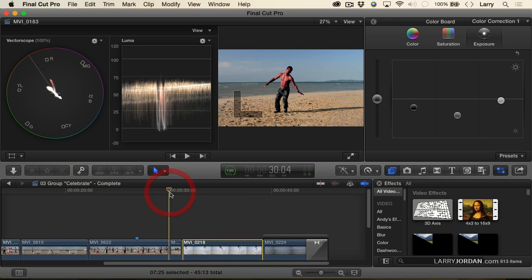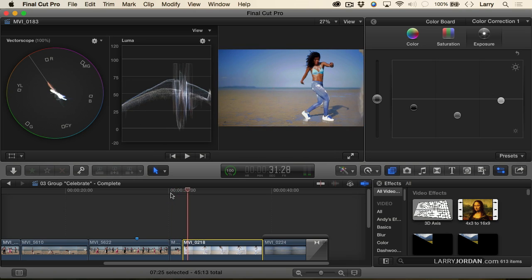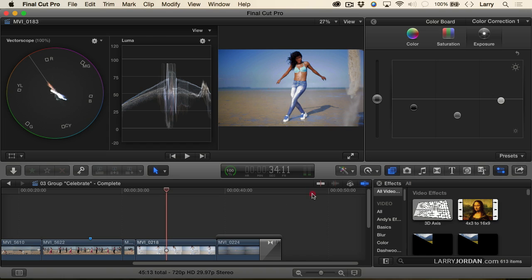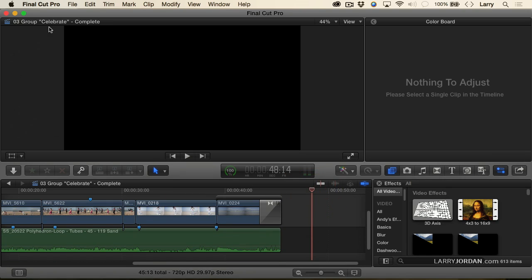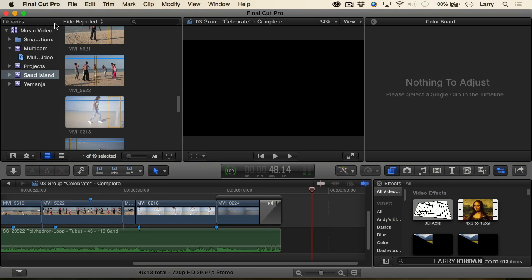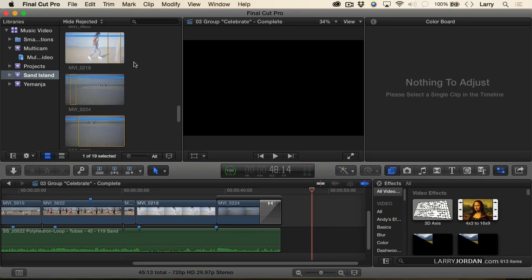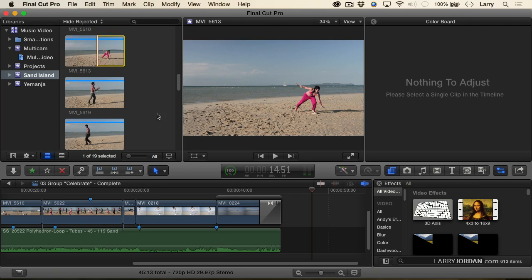Now you notice this one shot here where he does this handstand. He's actually holding that, there's no still frame involved here. But let's say that we wanted to create a different kind of effect. This is a neat effect that first showed up in Final Cut 7 that I just want to share with you real quick. Remember I said that it was the end of the day and these kids were tired? Man, I would be unable to walk after doing some of what they were doing, but this dancer,